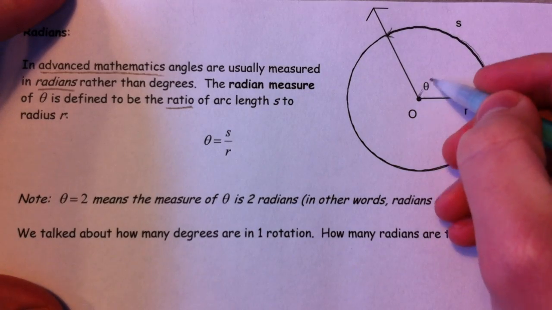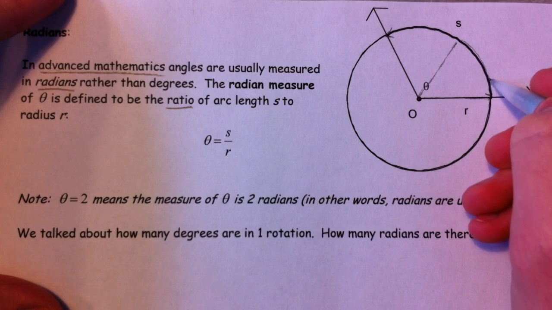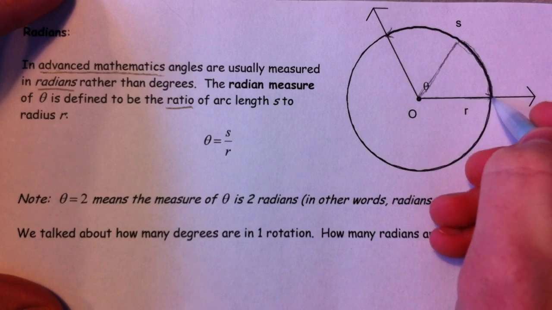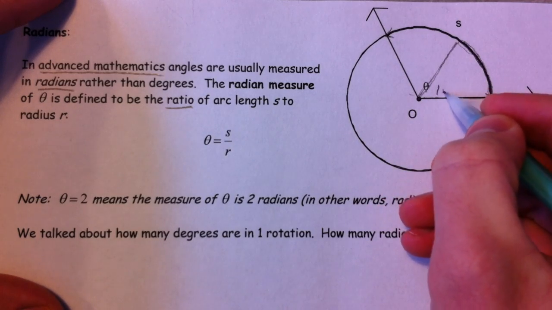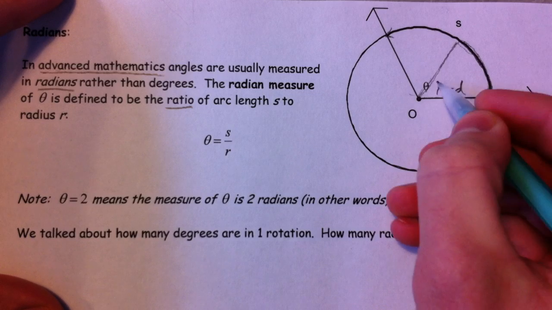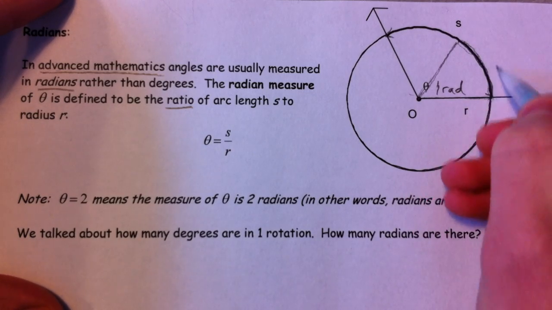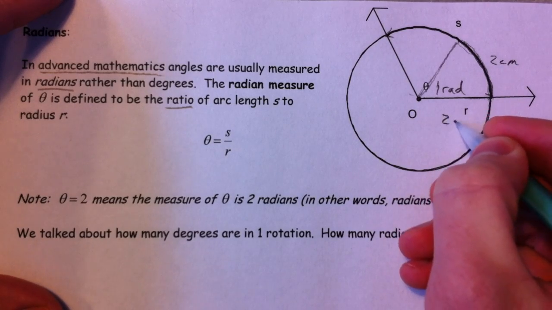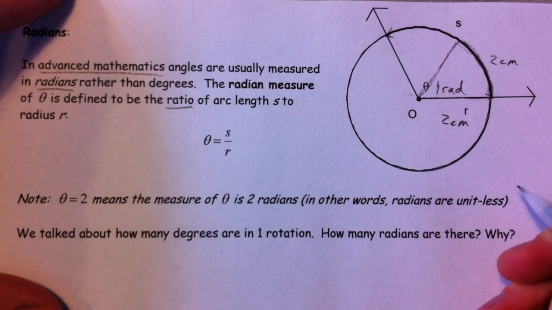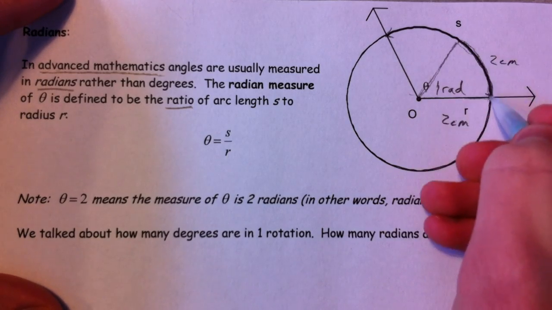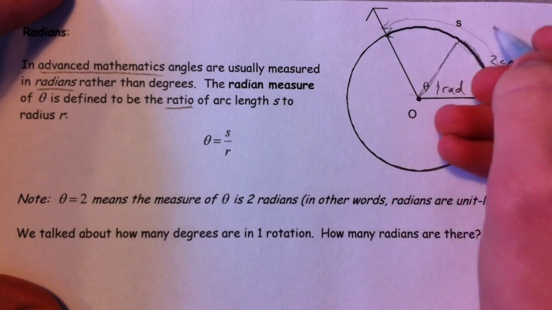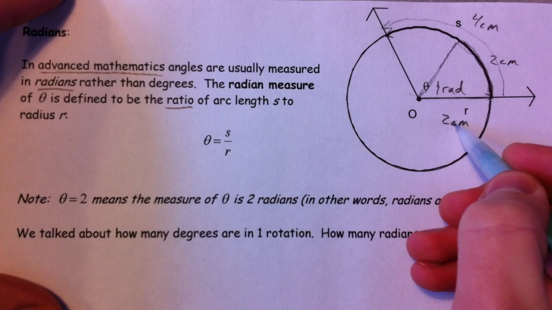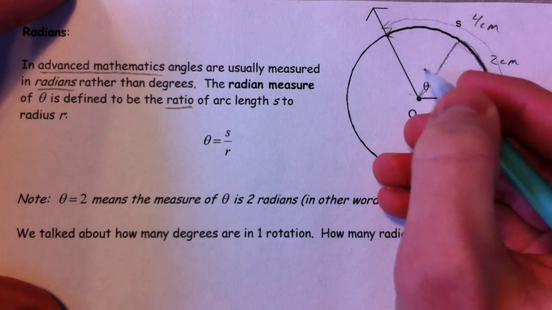So imagine if you had this arc length was the same. So imagine that this is about the same as this radius. That is 1 radian. Because this, say it's 2 centimeters, divided by the radius, 2 centimeters, gives you a ratio of 1. Now if I double that, and I say this whole arc is 4 centimeters, and I divide by the radius, which is still 2 centimeters,